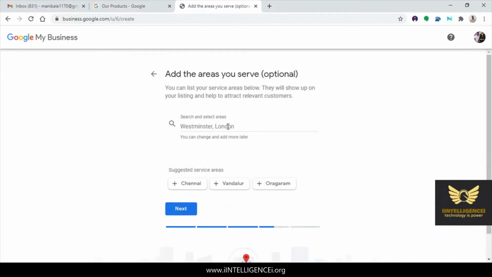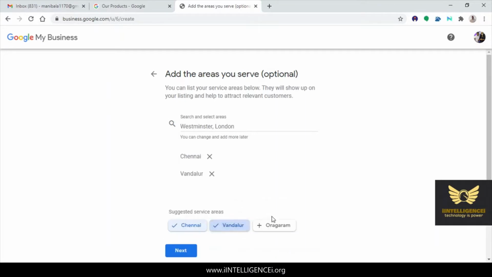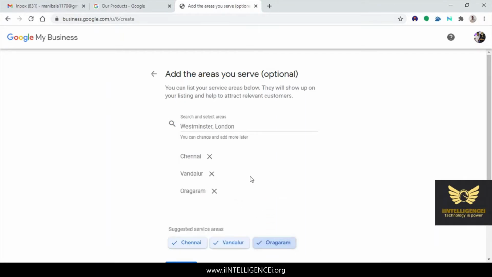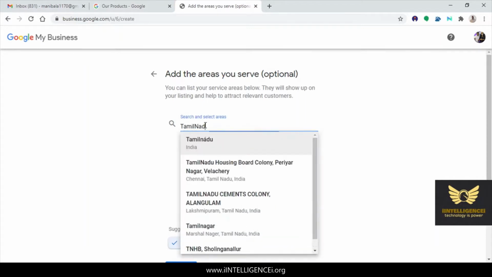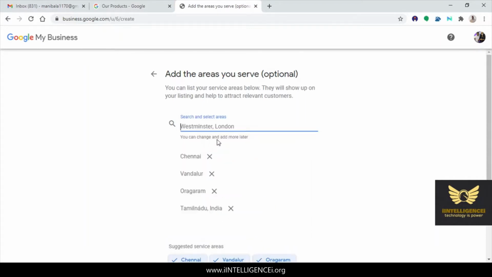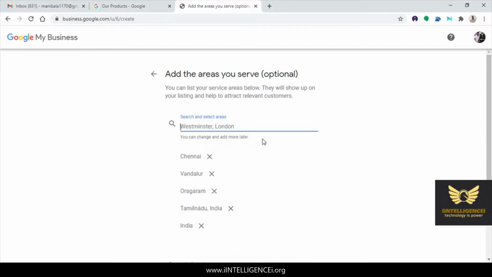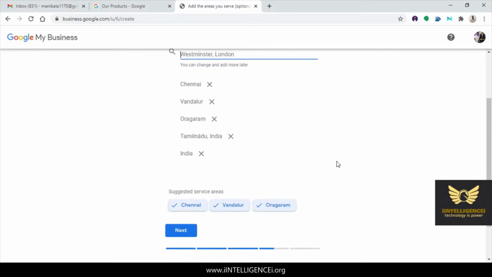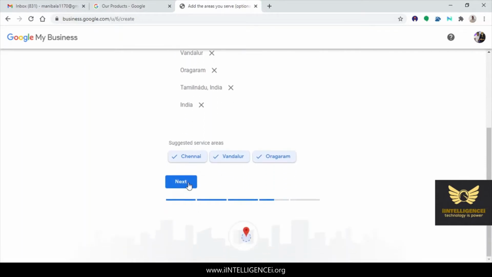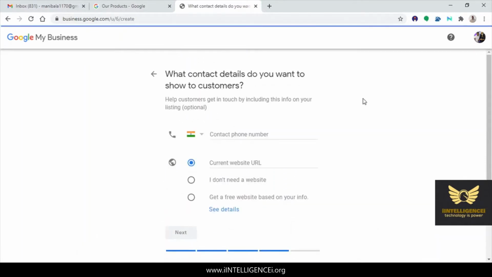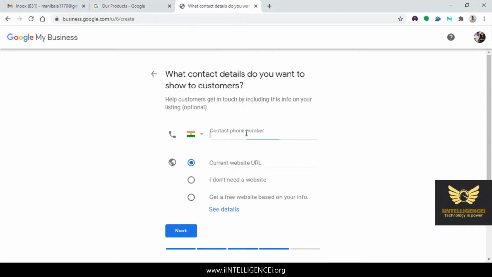Now add areas to serve. Chennai, Vandalur, Oragadam, right, Tamil Nadu, India. Right. Then you click next. Now the contact phone number.